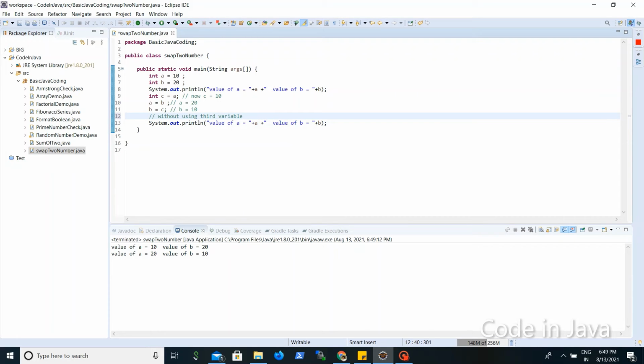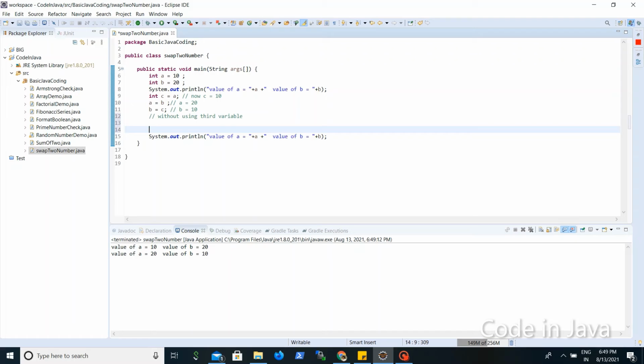What we can do is take a is equal to a plus b. The value of a will now be 30.